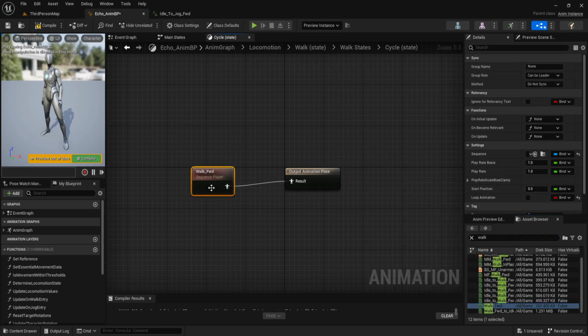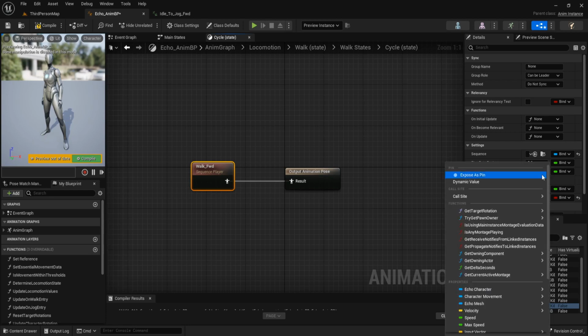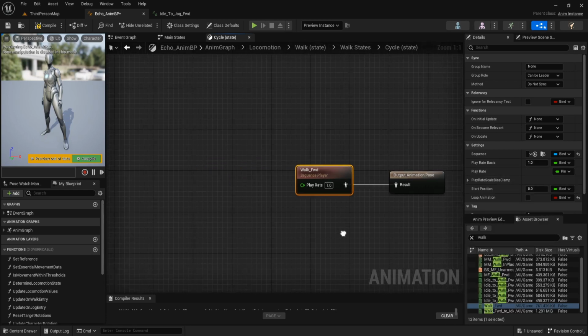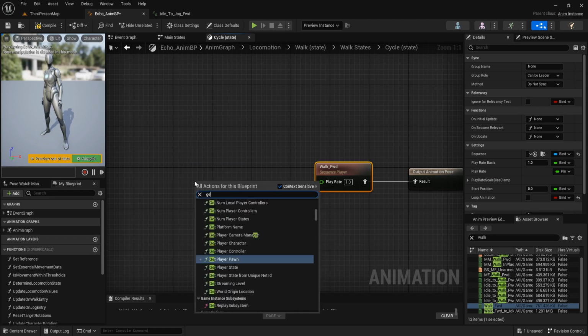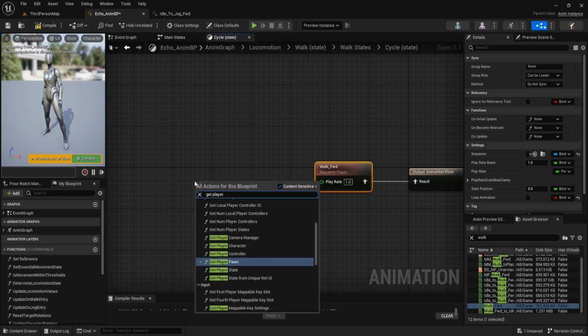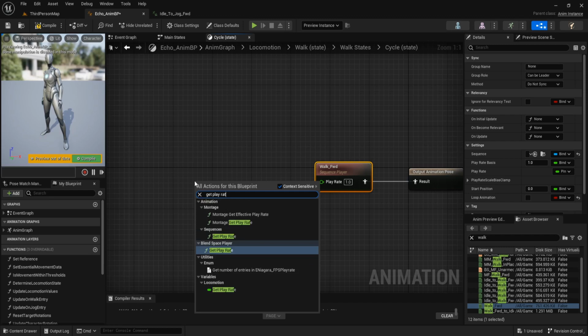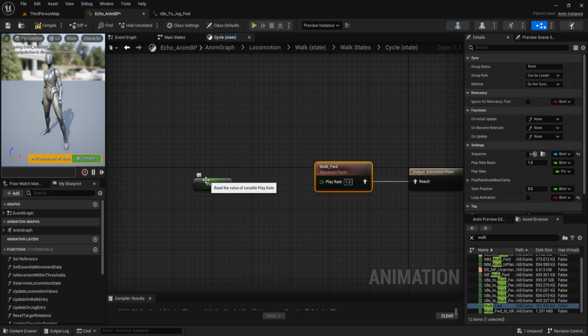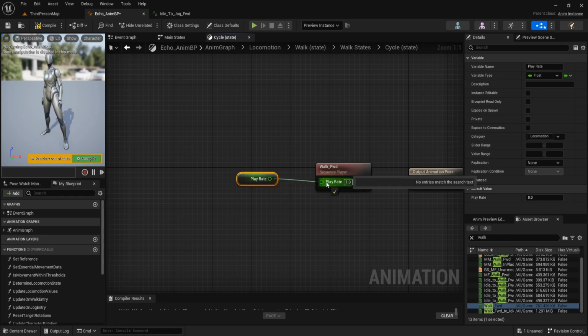Connect it to output animation pose. And for the play rate, click on bind this value and expose as pin, and get the play rate variable, connect it to the walk forward.